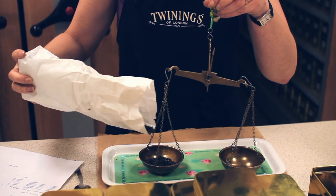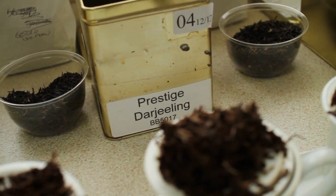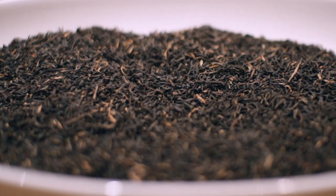Due to the terrain in Darjeeling, the production is relatively low. There are in total around 87 tea gardens, but the lower oxygen level at that high altitude means that there is a lower yield from the crop. But because of that, you get such an intense character which is produced from the tea leaves, which you cannot